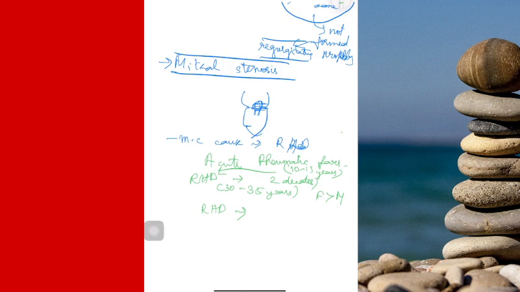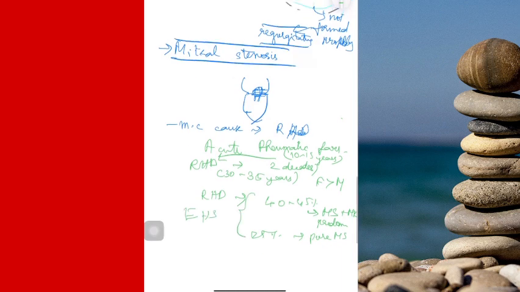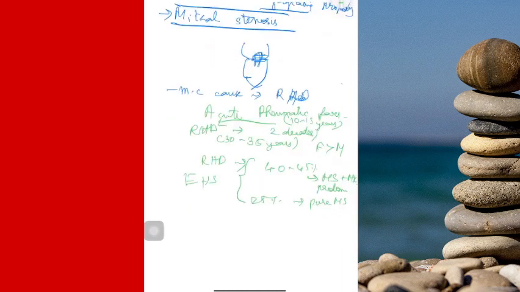Okay, so the most common cause of mitral stenosis, just because I don't want to confuse you all, is rheumatic heart disease, and 40 to 45% of the rheumatic heart disease have a mitral stenosis predominant lesion along with an MR. Only 25% of the rheumatic heart disease have pure MS. This is European Heart Society statistics. Okay, so let that be their statistics, and we're not bothered about statistics anymore.